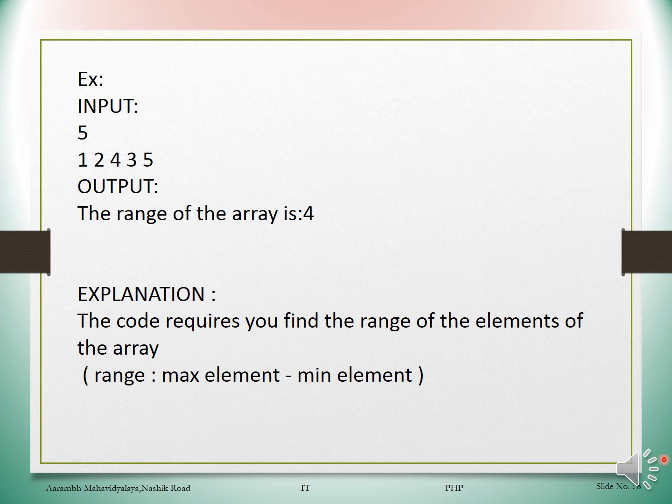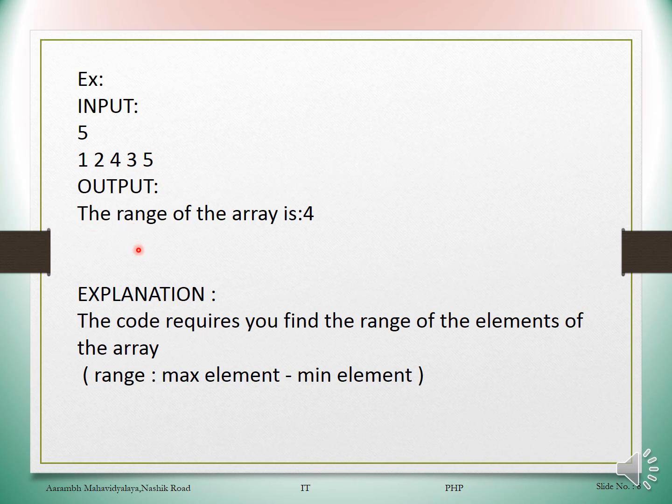For example, if you have provided your input as 5, that means you have to enter the 5 numbers 1, 2, 3, 4, 5, then it will give the range of your array as 4. Now why is the range 4 though we have inputted 5 values? Because the array's first element is at the 0th location and the last location is n minus 1. Here our n is 5 and the last location is n minus 1, that is 5 minus 1 equal to 4. Got it? Therefore, the range is always 1 less than the input size.